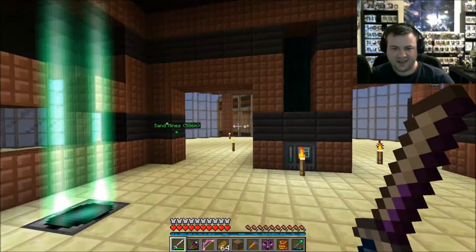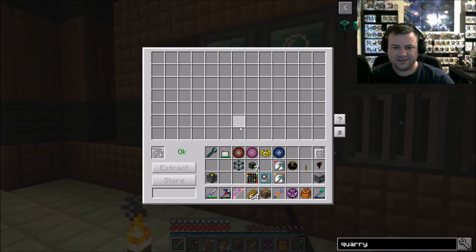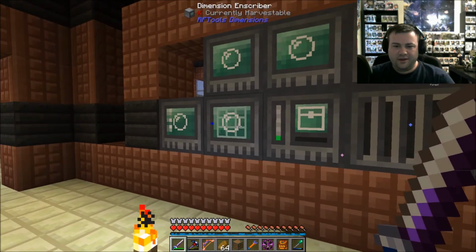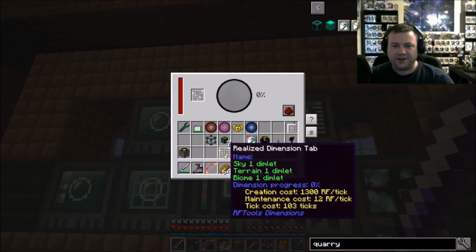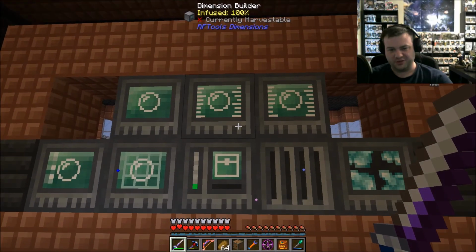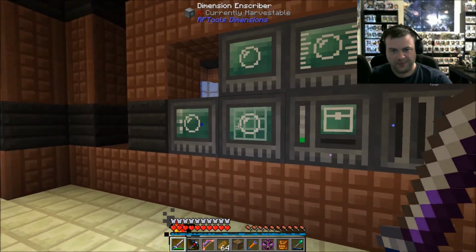Okay, and we're going to say on this one, let's grab that. Extract, we'll do amplified instead of waves, okay? And we'll go ahead and store that, and we'll see what we get from this one. I'm trying to find a good one, honestly, just for grinding on dimensional shards to get us going with our actual dimensional shard dimension. So...